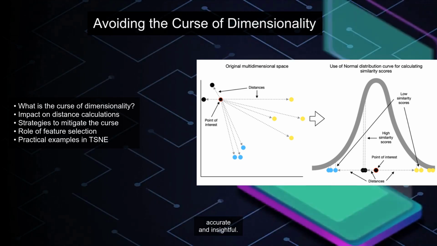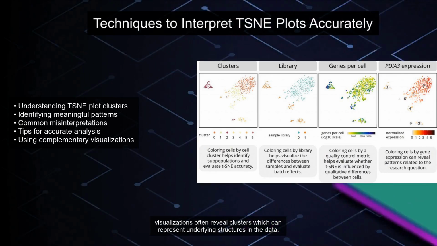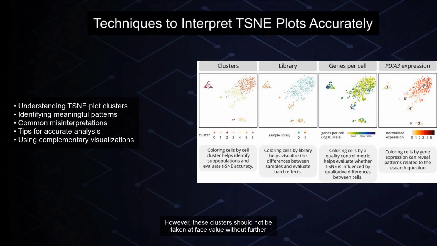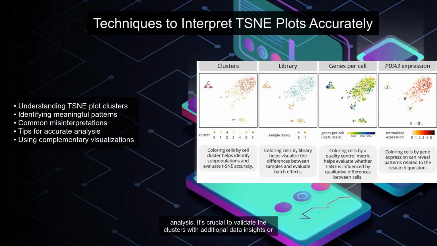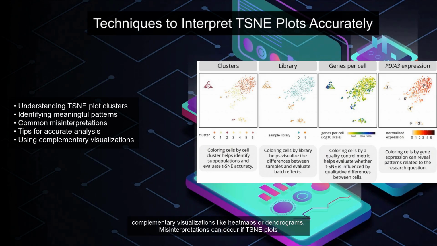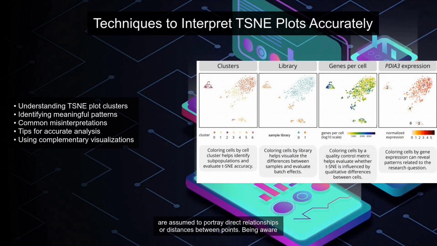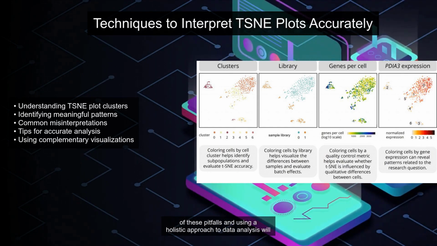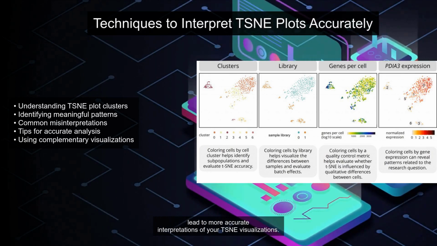more accurate and insightful. Interpreting TSNE plots requires a careful approach to avoid common misinterpretations. TSNE visualizations often reveal clusters which can represent underlying structures in the data. However, these clusters should not be taken at face value without further analysis. It's crucial to validate the clusters with additional data insights or complementary visualizations like heat maps or dendrograms. Misinterpretations can occur if TSNE plots are assumed to portray direct relationships or distances between points. Being aware of these pitfalls and using a holistic approach to data analysis will lead to more accurate interpretations of